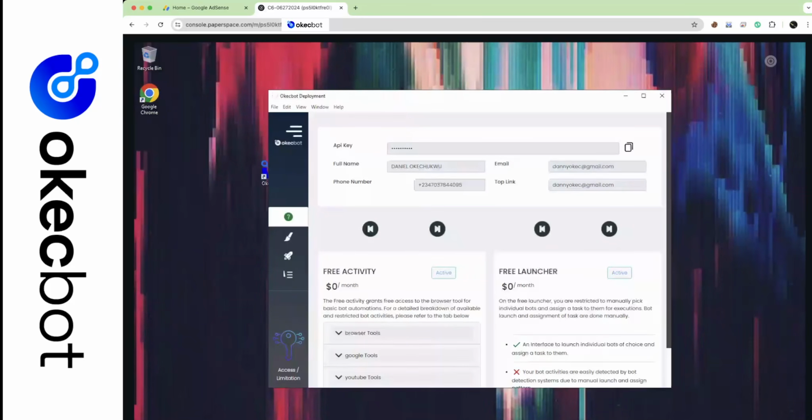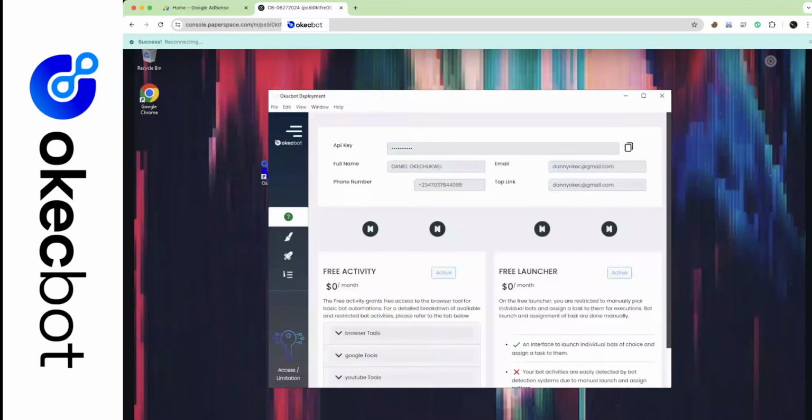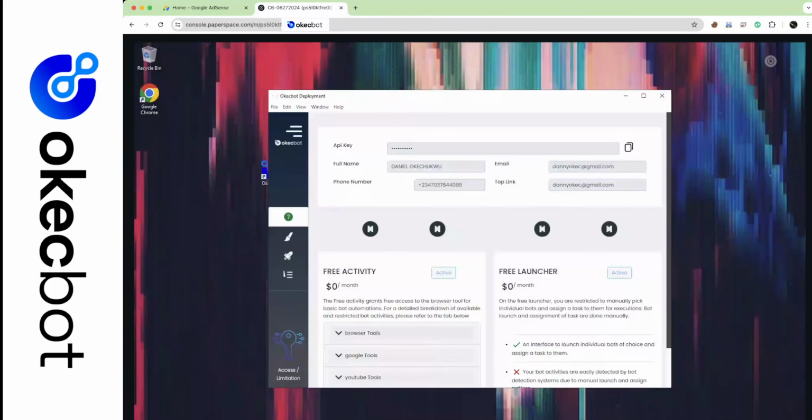Now, from here henceforth, I can actually start automating tasks. Let's say, for instance, we want to drive more traffic to this site. Already, we're doing very well. We're currently at 178,000 views, but I could actually increase it more should I choose to. Let's say I want to drive maybe 2,000 more views to this website. All I have to do, or if this is you, is to click on the menu on OKBot and click